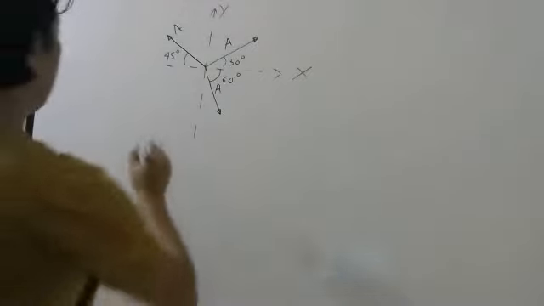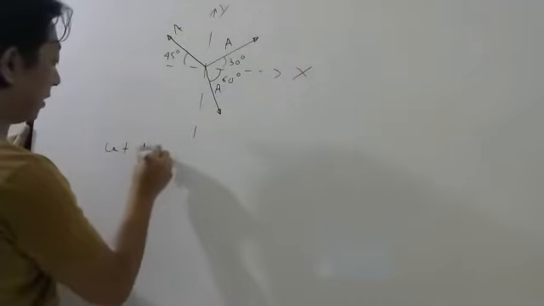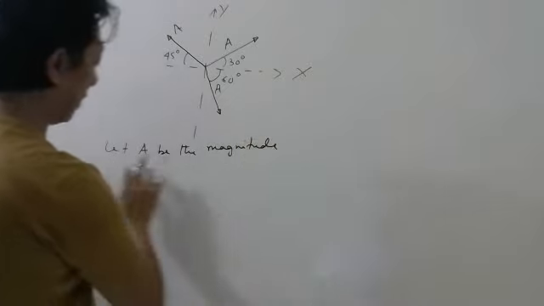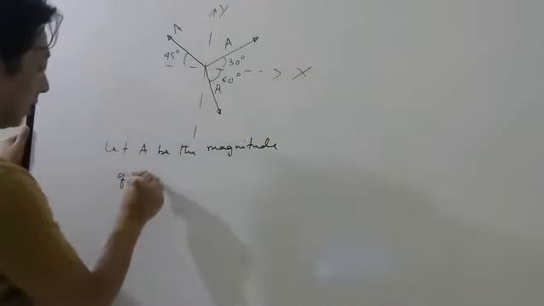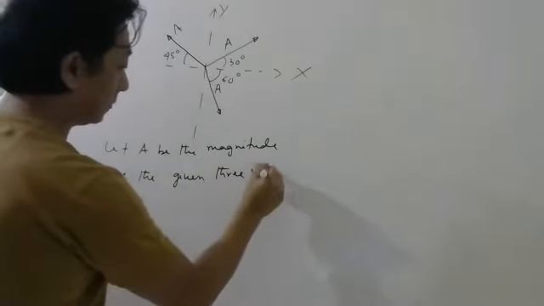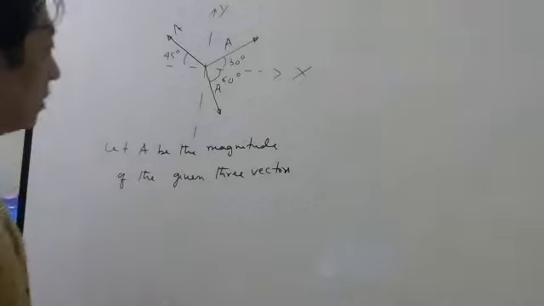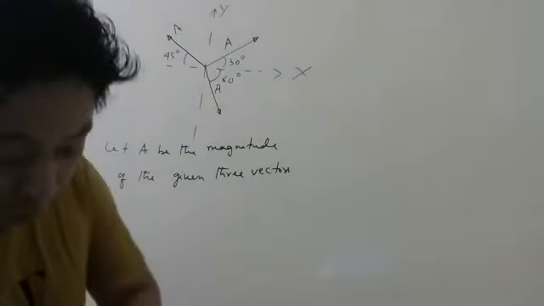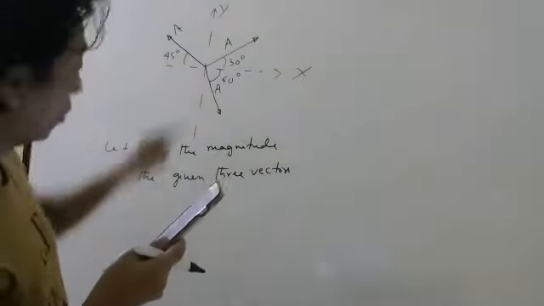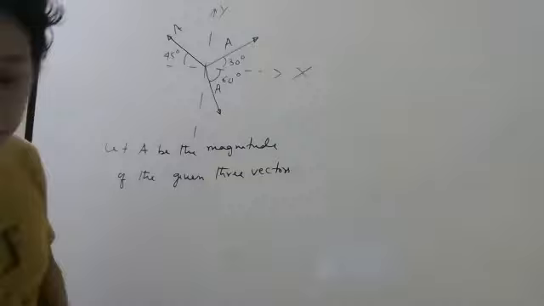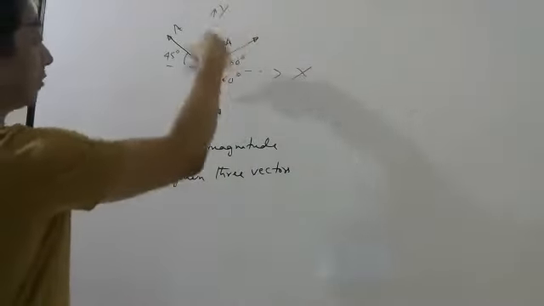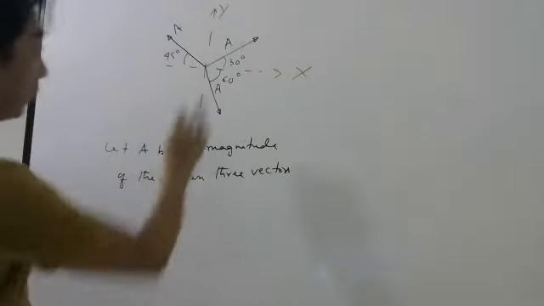Now, first let us at least mention, let A be the magnitude of the given three vectors. Which are those vectors? OA bar, OB bar, OC bar. Okay. Now let us try to write the components of each one of them. So first I'll start with this